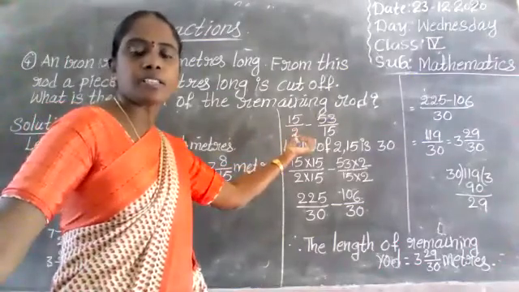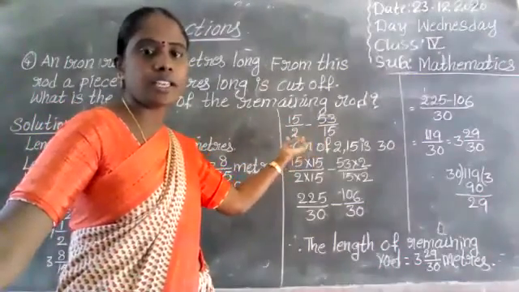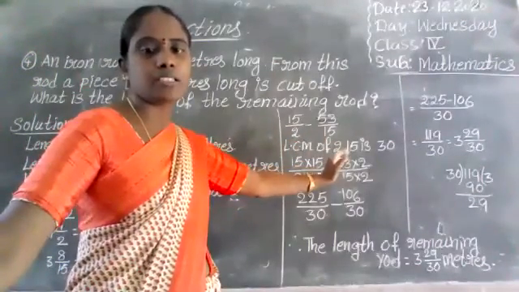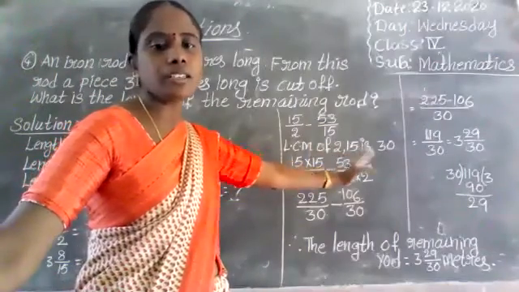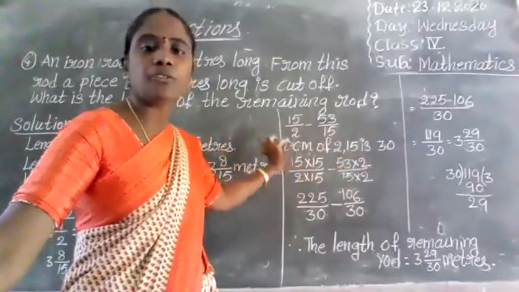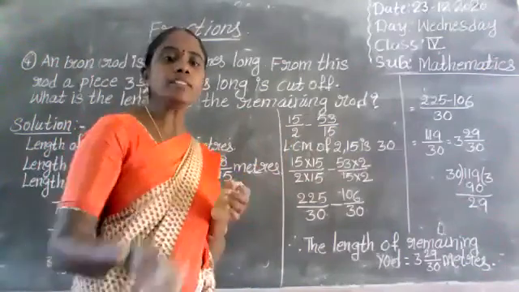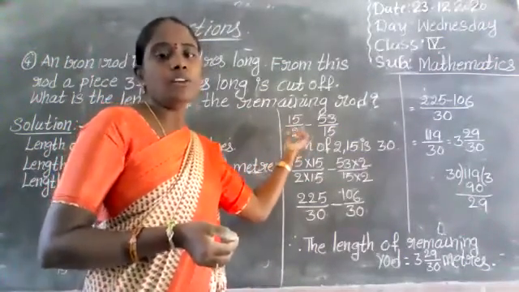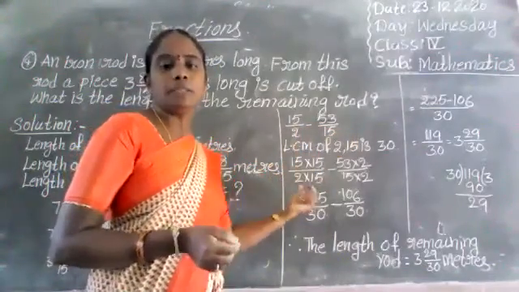How to subtract? First, these fractions are unlike fractions. The denominators are different, so change them into like fractions. We take the LCM. LCM of 2 and 15 is 30. Here the denominator we want is 30, but here 2 is there. What do we do? You multiply by some number. With which number? 15. 2 15s are 30. Next here 15 2s are 30.